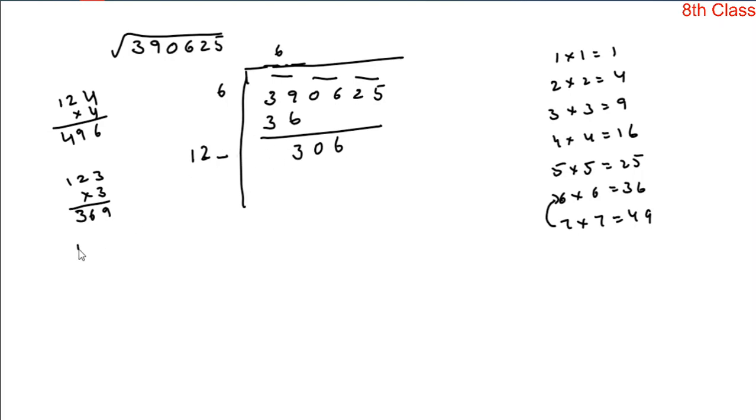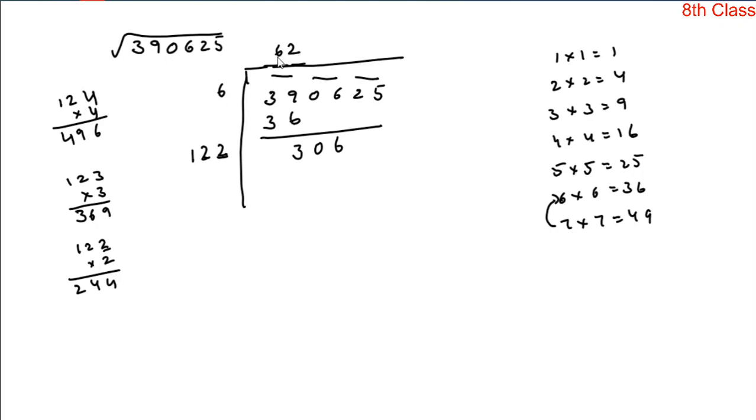Let's replace that blank by 2. 122 by 2. 2 2s are 4, 2 2s are 4, 2 1s are 2. So 244. It is less than 306. In case you replace that blank by 3, the product is greater than 306. So that's why we take 2. In this blank place we take 2 and place the same digit on the right side of the quotient.